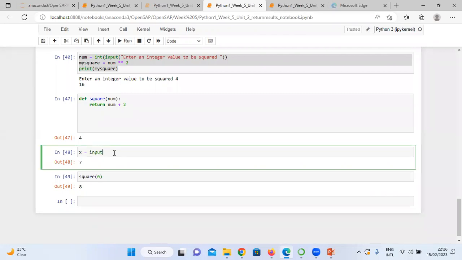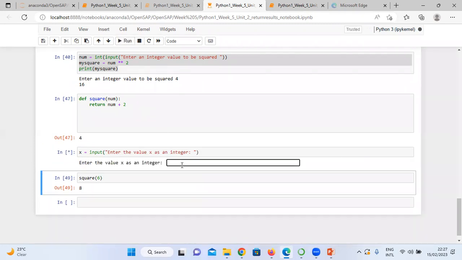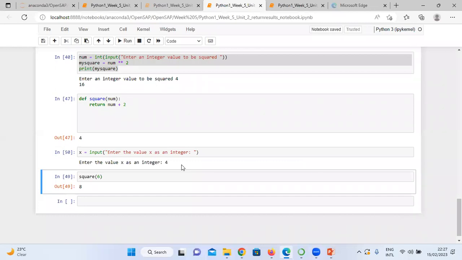So I can say input, enter the value x as an integer. If I run it, it will give me a space to enter the value, the value 4. But this 4 is a string,